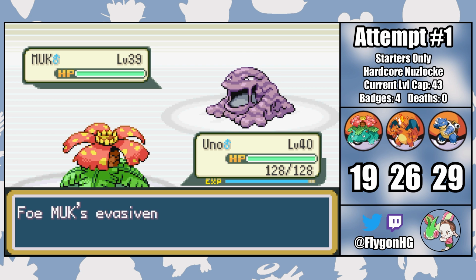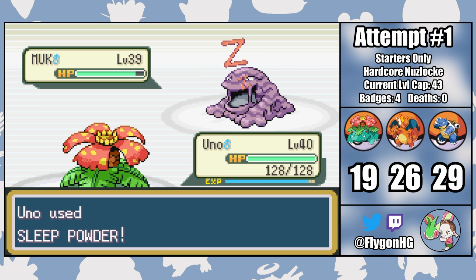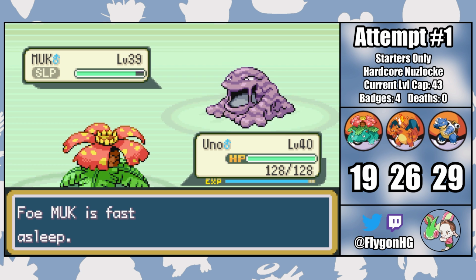back to full HP. Uno comes in, but now Muck starts setting up with Minimize and Acid Armor. Fortunately, Uno is able to connect with the Leech Seed pretty early on, which is now slowly eating away at Muck's HP. He also manages to connect with a Sleep Powder, so now it's just a matter of letting the